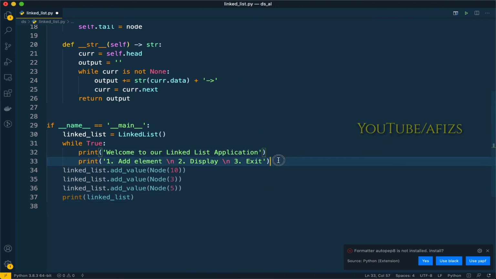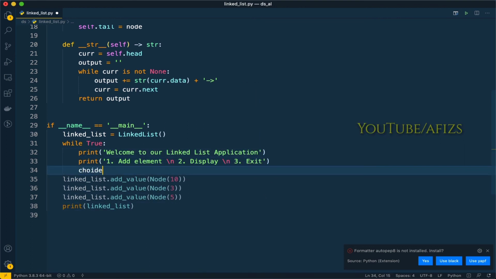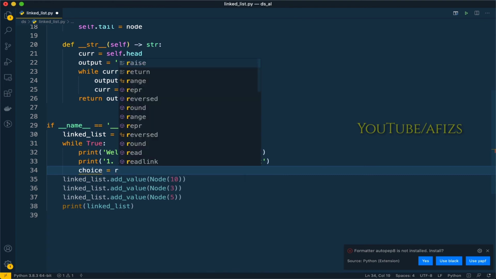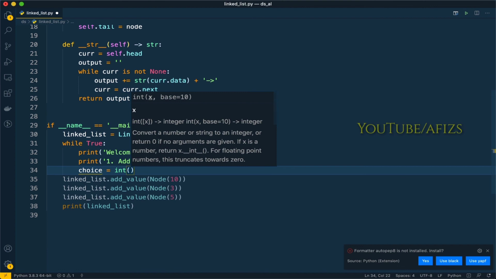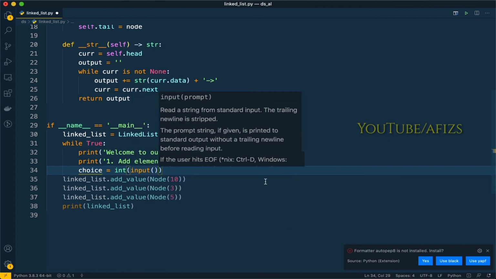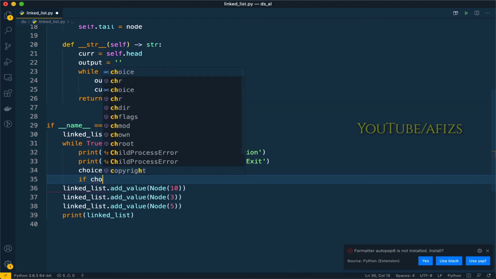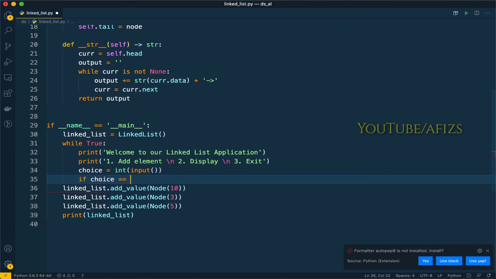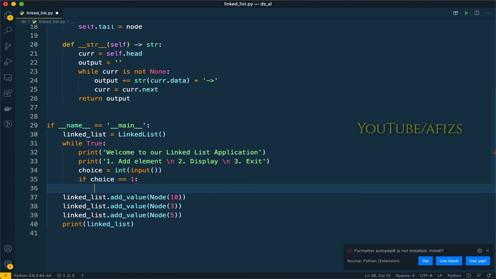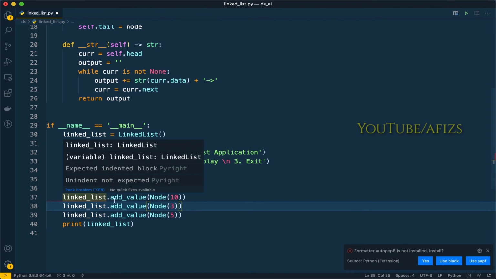Okay, so for this one we need to take choice as input here, right? Int of input. So after this one we can have a condition here. If choice is equal to 1, so what we want to do, we want to call this method.